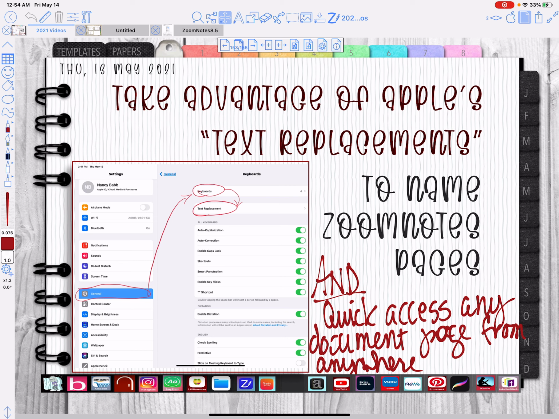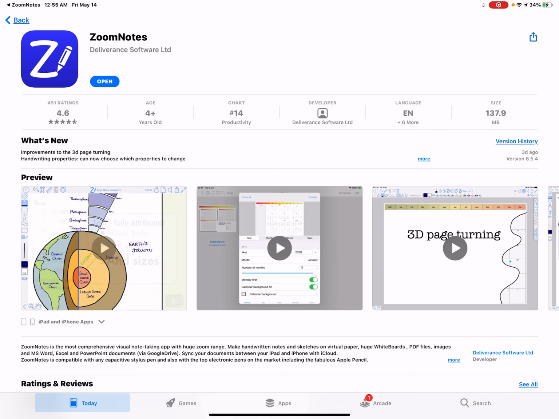Now, I'll go ahead and say this. If you look at the bottom of my toolbars, or the bottom of my document, I've got the Z down there. This whole toolbar I've created as shortcuts to get to all these different things. And then I saved it as a symbol so that I can drag and drop it onto any document that I create. And so if I'm in ZoomNotes, all I have to do to go to this website right here is click